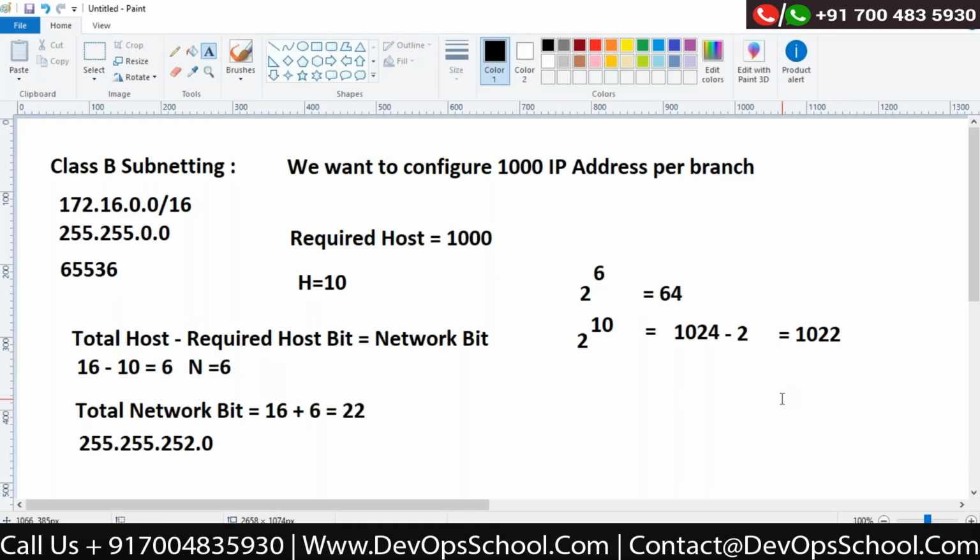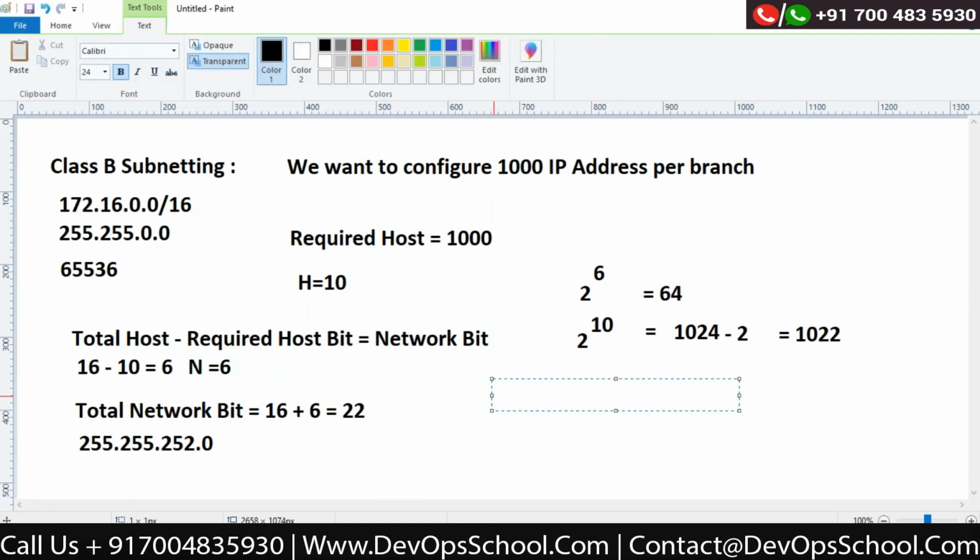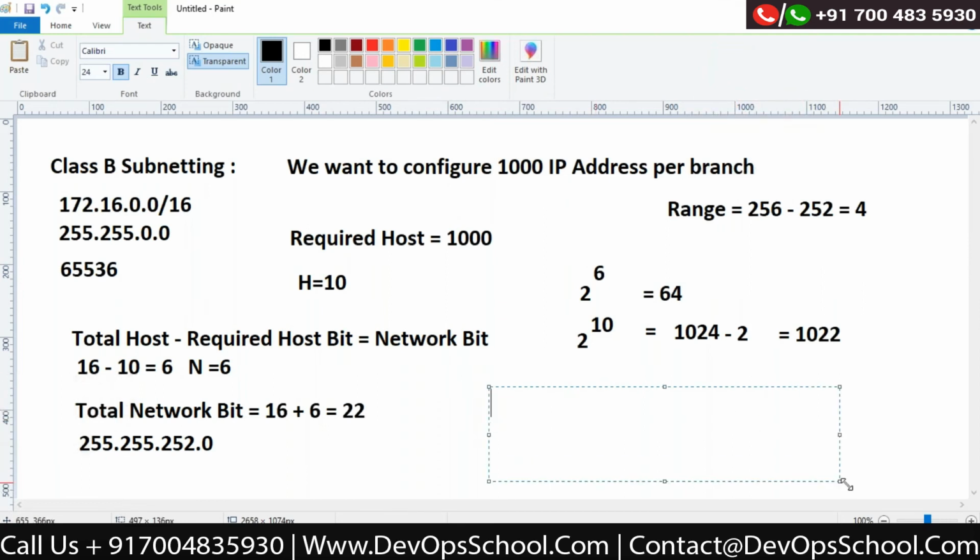Correct? Now how do I find out the range? Okay, the range I told you: range is equal to 256 minus your last subnet mask value, 252, and the output would be 4. So a range of 4 would be possible over here. So what does a range of 4 mean? How do I find my first IP block? It should start with